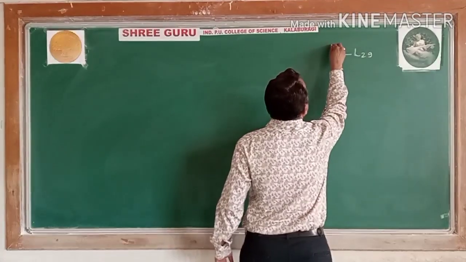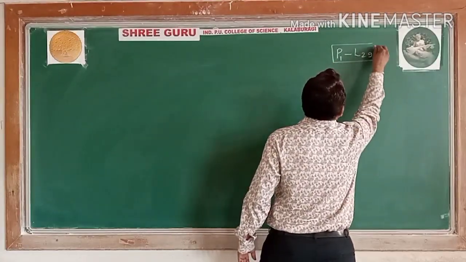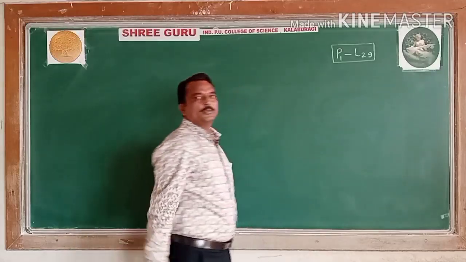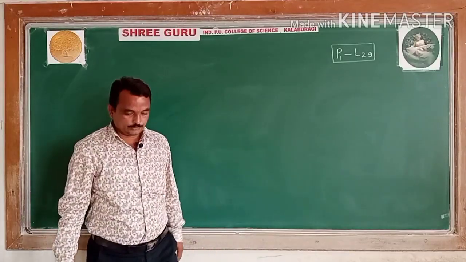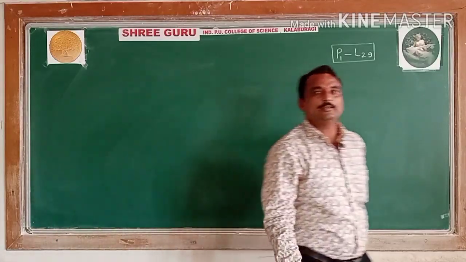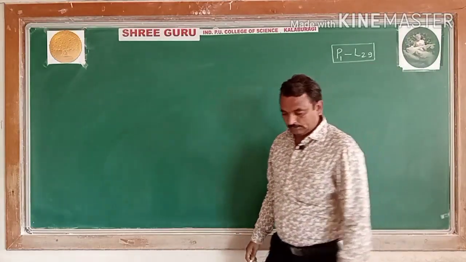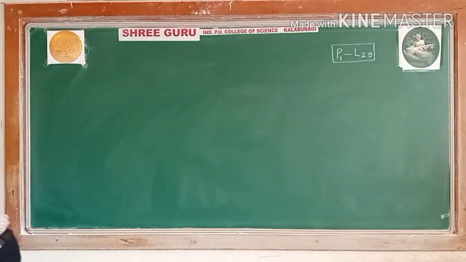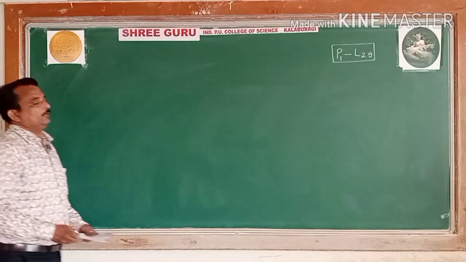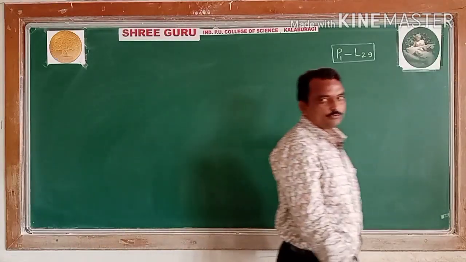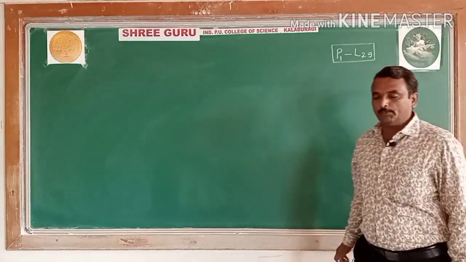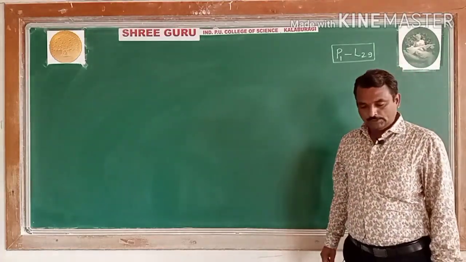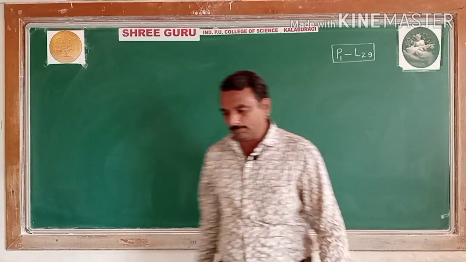29th class this one. Let us go for some remaining 5 marks questions. So some more 5 marks questions and some CET questions. We will go for some CET questions also today. Let us see the next question. We have discussed 5 marks questions in the last class. Today also we will go for some 5 marks questions and some CET examples.